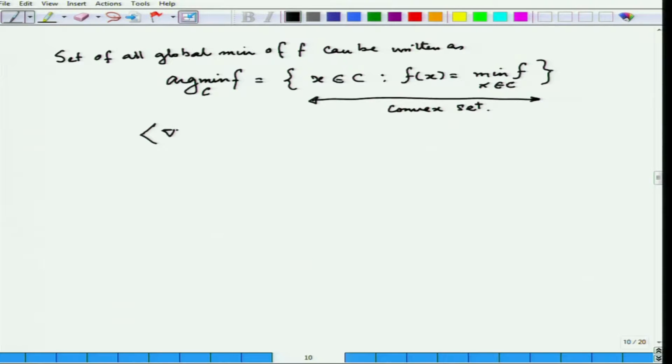Suppose x is in C, and then by differentiability, we are invoking the monotonicity property. If x bar is the optima, that is, x bar is in arg min, and this is what I have for all y in C, this would immediately imply